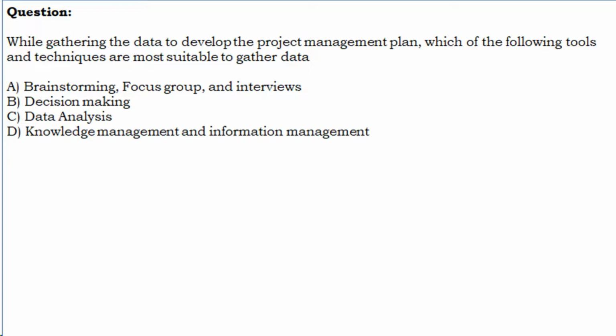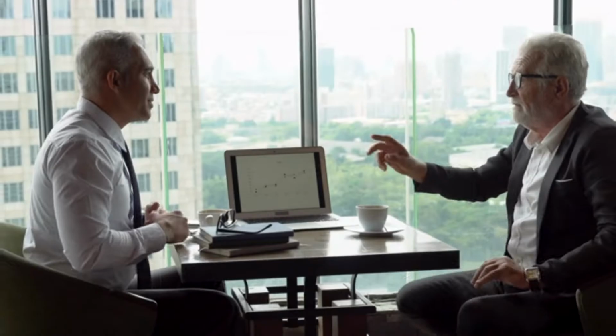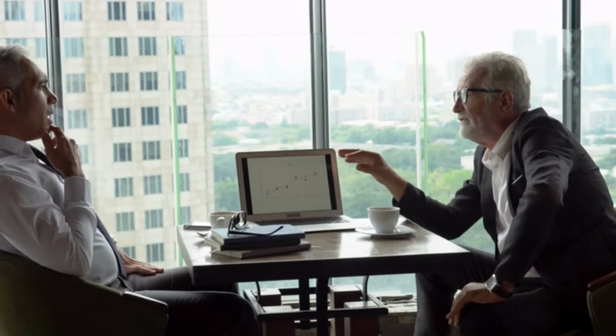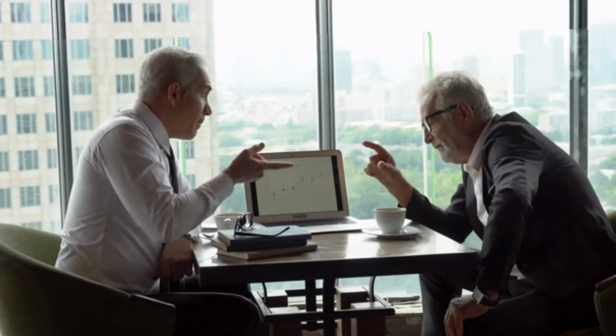Knowledge management and information management. Let us see the answer. A. Brainstorming, focus group, and interviews. Correct. B. Decision making. Incorrect. C. Data analysis. Incorrect. D. Knowledge management and information management. Incorrect. The interpersonal and team skills used when developing the project management plan include: conflict management may be necessary to